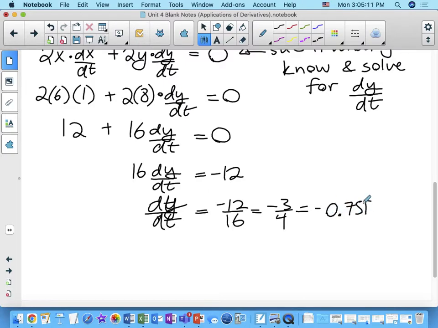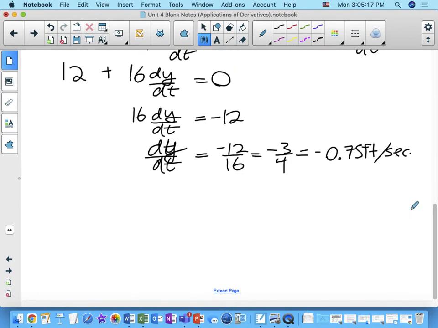0.75 feet per second. Is it per second or per minute? Per second. There we go. Exactly. It's negative because it's sliding down. Precisely. Yep. Okay, so we can now say that,